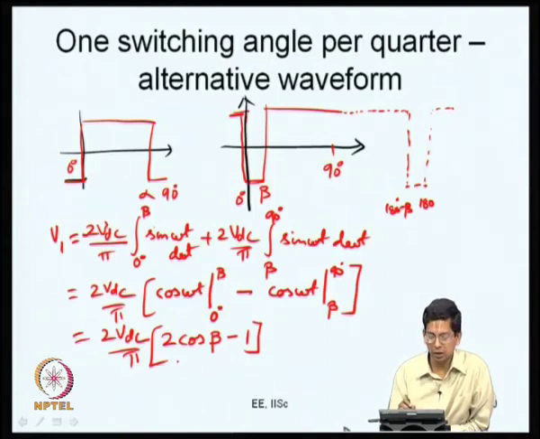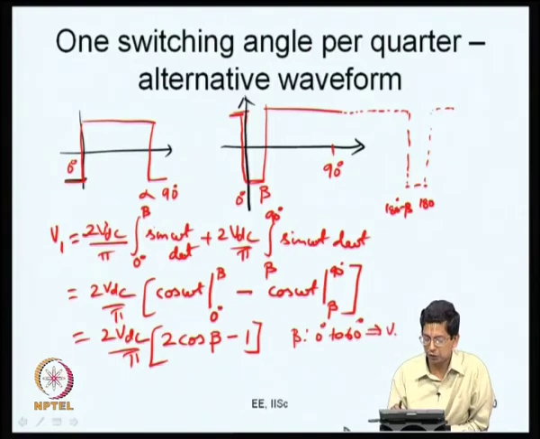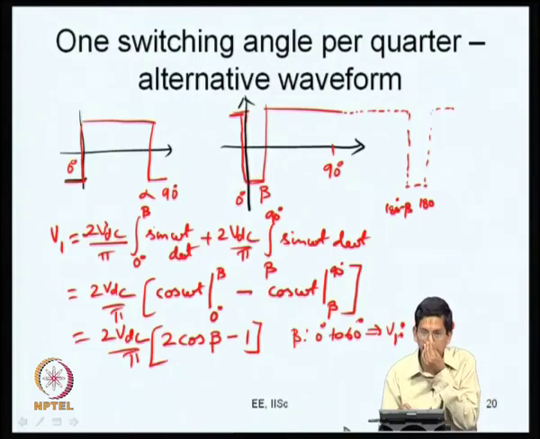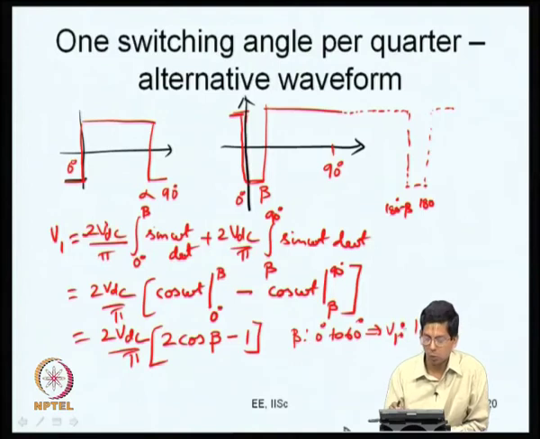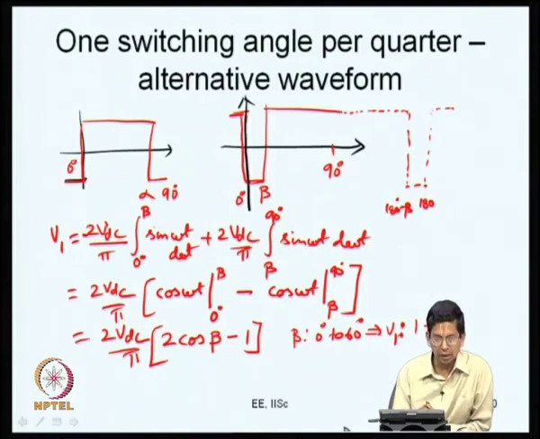So, beta now can vary from 0 to 60 degrees. If beta is varied from 0 to 60 degrees, you can get a corresponding variation in V1, the fundamental voltage, from 1 per unit to 0. Again 1 per unit has the meaning of 2 VDC by pi, whatever it is equal to the square wave now. The same thing, if you want the nth harmonic, this becomes, instead of 2 VDC by pi, there is an n pi term,